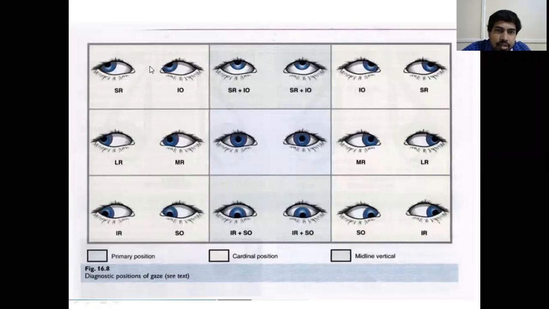That is dextro-elevation, dextro-depression, levo-elevation, and levo-depression. So these are a combination of both horizontal and vertical gazes. See, here in dextro-depression, what happens? First, the eyeball has to look towards the right side. That is a horizontal movement. Then again, it has to undergo depression. That is a vertical movement. So a combination of horizontal and vertical movements is known as a tertiary position of gaze. For example, dextro-depression, dextro-elevation, levo-elevation, levo-depression. These are the tertiary positions of gaze.